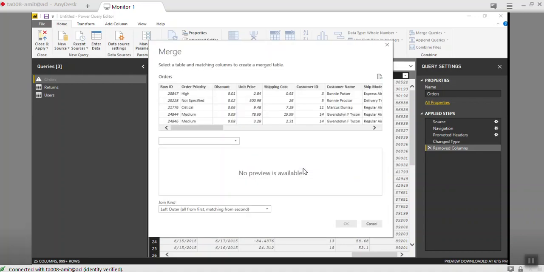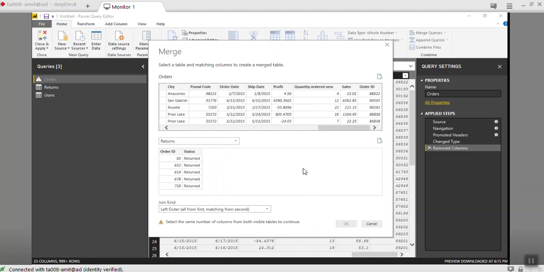Right. So we got this order table loaded. Now what we have to merge is returns. The second important part is what my primary key is here. This is my order ID in this table, and from the return table I will select order ID with just a mouse click. So these two fields are selected, and on these fields it will perform a join. Now we have to select the join kind from here.